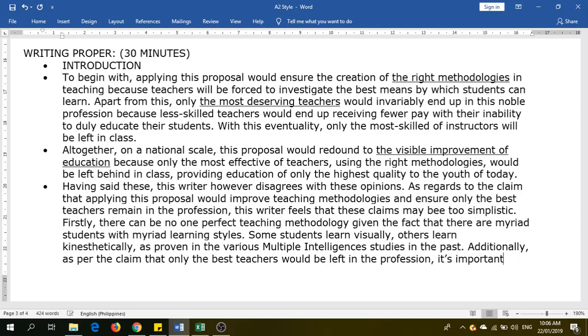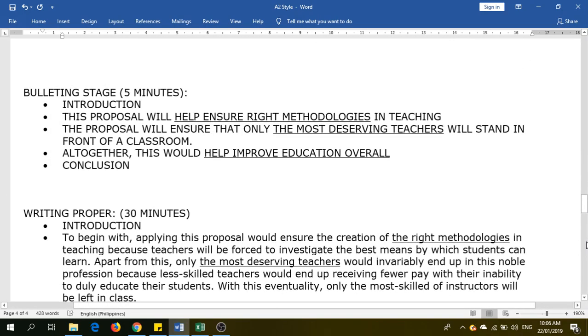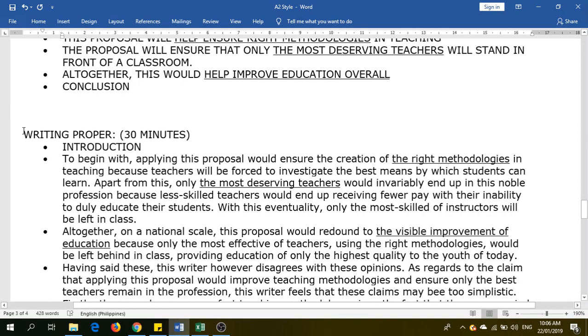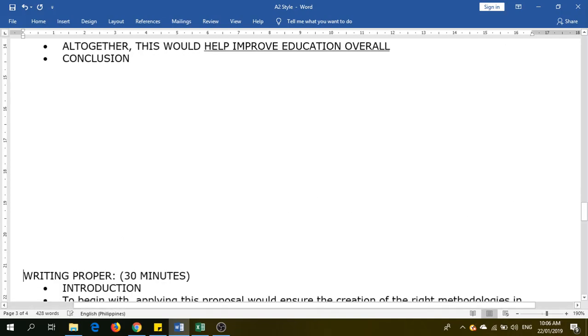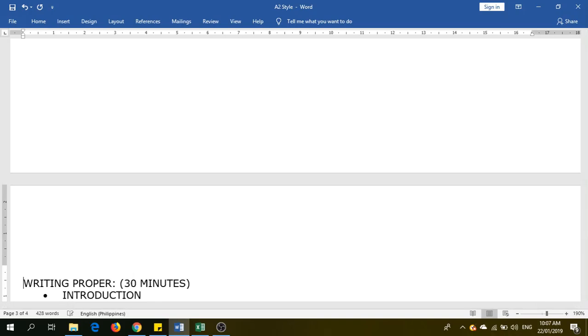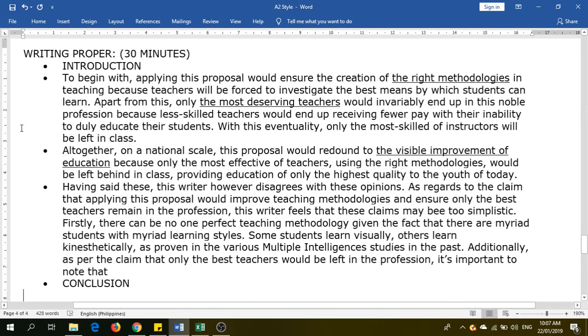it's important to note that, wait, I'm sorry, I have to fit that under one frame so that you can see all the previous discussions and you can make a general reference accordingly. There. All right, it's all under one frame, so it's important to note that